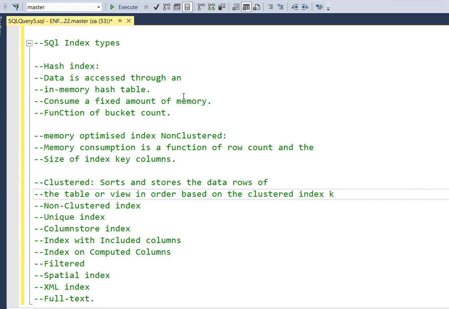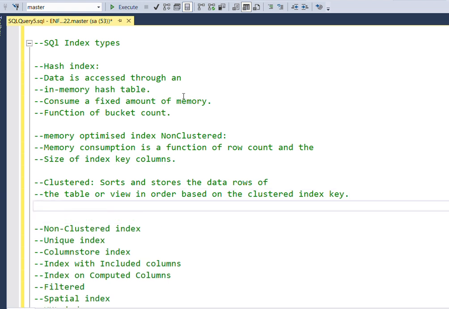This is implemented as a B-tree structure. We'll see all these structures in the upcoming class. The index is stored in a B-tree structure that supports fast